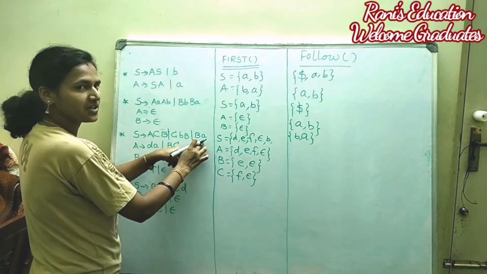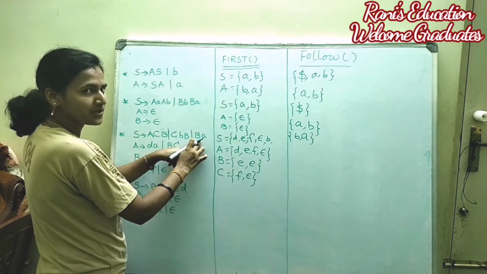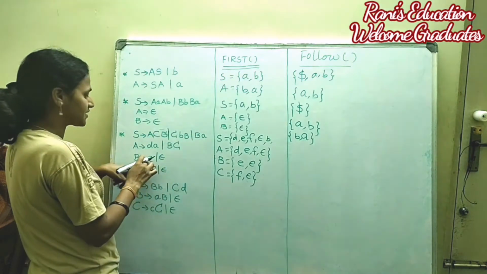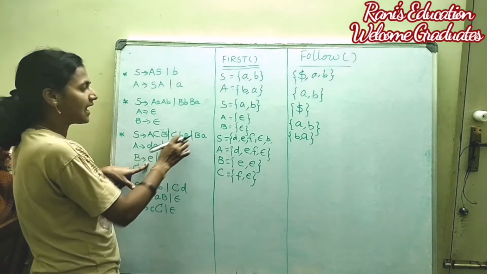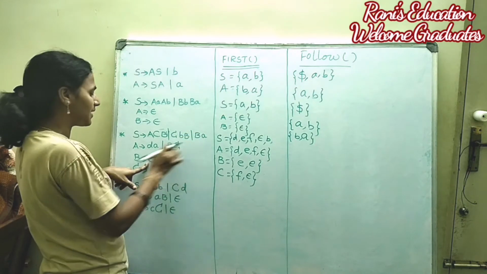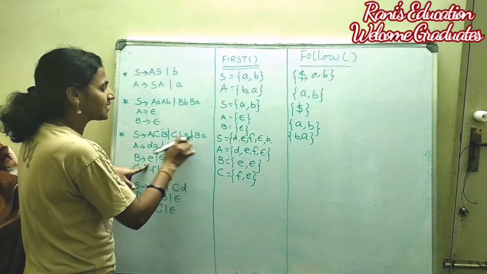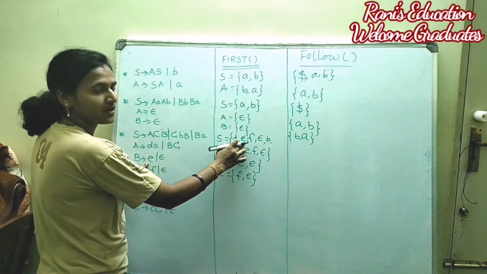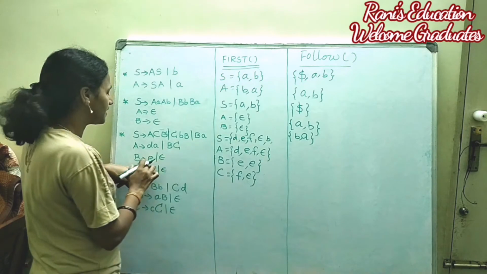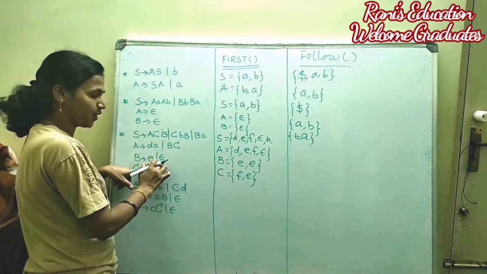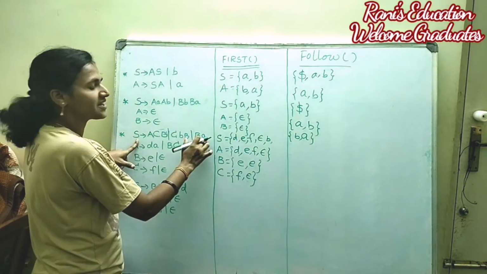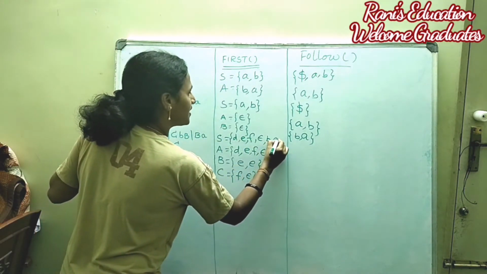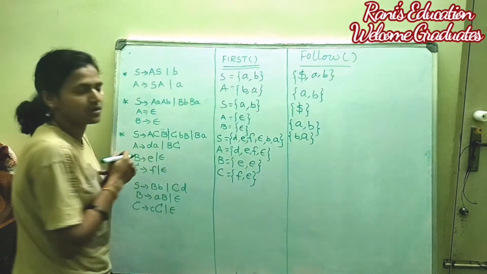Go for the third production here. Here the RHS starts with a non-terminal B. So we have to replace this non-terminal by its corresponding productions, that is E and epsilon. If I replace B by E, the RHS starts with a terminal, that is E, which is already used, right? No need to define it once again here. Then if I replace B by epsilon, then the production becomes S to small e, that is the RHS starts with a terminal, right? So that terminal is also one of the terminals for first of S.